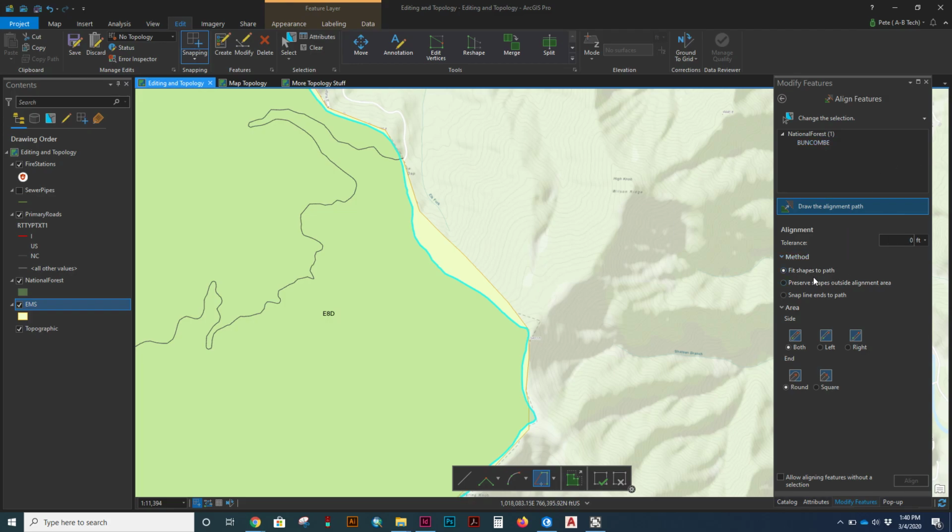You can have different things happen when you use this tool. You can have it fit shapes to path, which we're going to draw a path and have it fit shapes to path. You can make sure that it preserves shapes outside of the alignment area so that it doesn't get rid of them. I have not used the snap line ends to path before, but you can control if the tolerance area is on the left or the right side and how it works with the ending of the lines. What we're going to do, I did a little testing, is put 1,000 here in the tolerance. We're going to leave all these defaults,